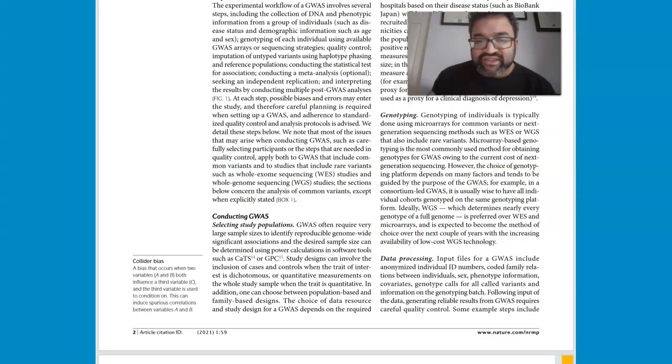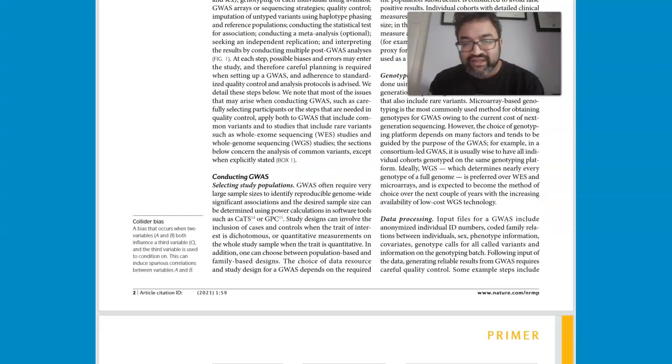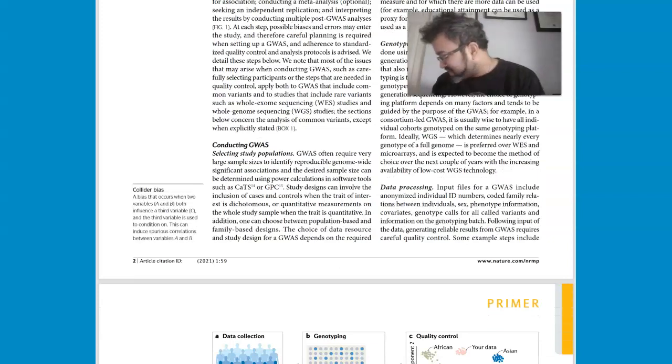So of course the first part of this is genotyping, and finding out what type of genomes are out there. There are input files for GWAS, including anonymized individual ID names